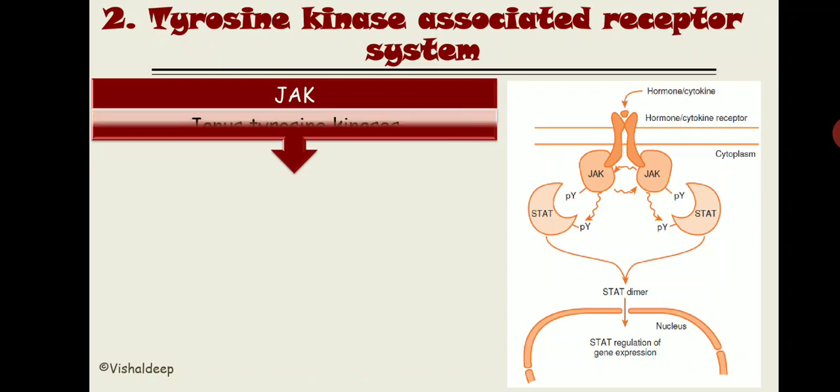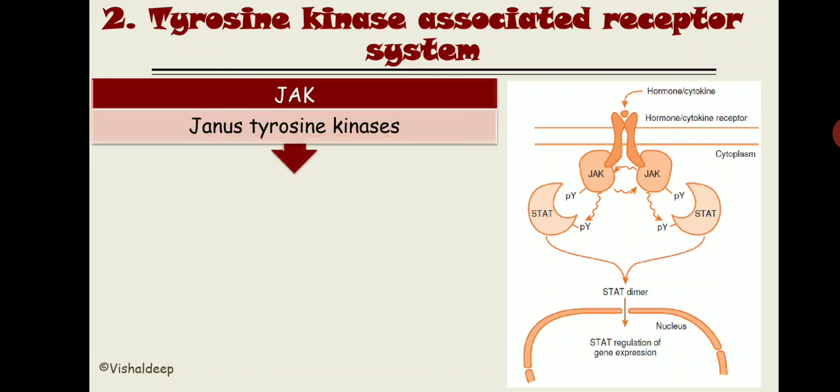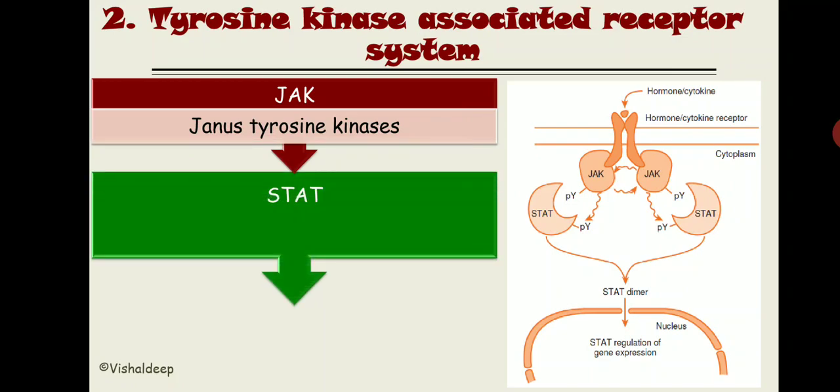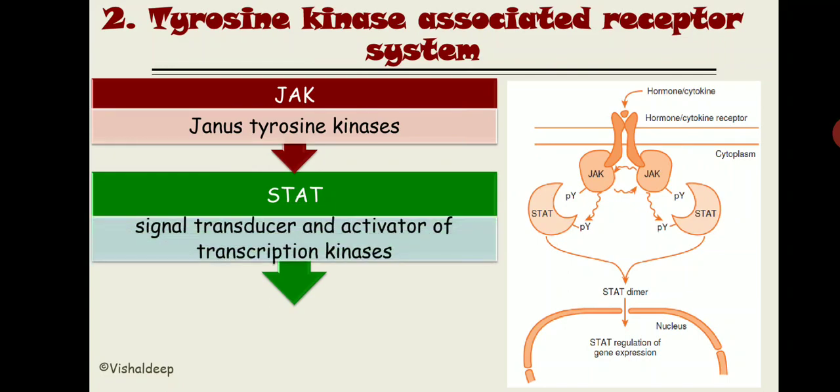JAK is basically the Janus tyrosine kinase. It's an enzyme. Once JAK is activated, it makes a STAT dimer. What is STAT? The full form of STAT is signal transducer and activator of transcription. Again, it is a kinase, and this kinase will make a dimer, like the STAT dimer, and it will enter inside the nucleus